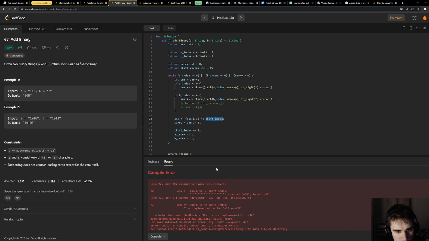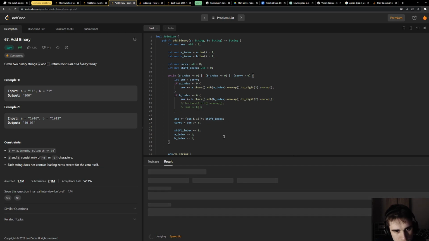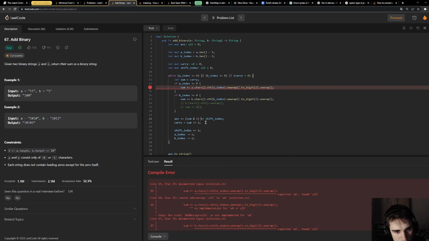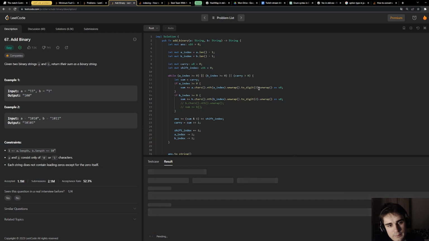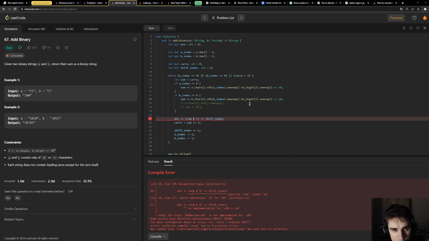Shift index. Cannot add a sign. Expected U8 found U32. As U8. As U8. Expected U16 found U8.